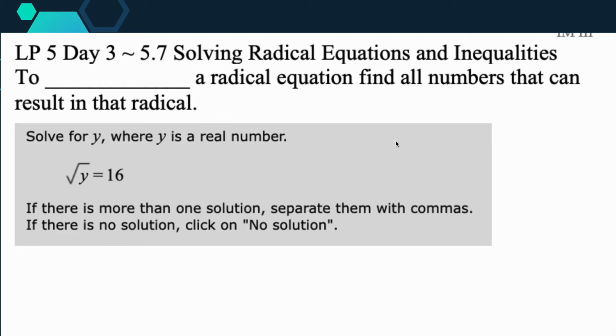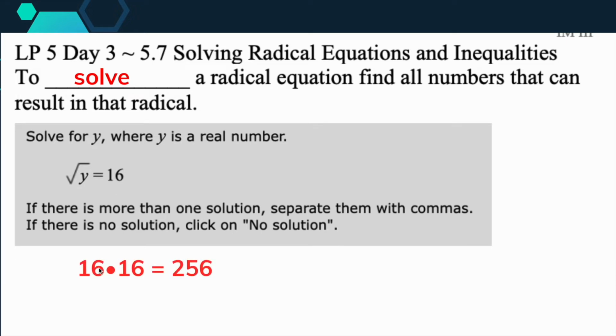Okay, so we're going to solve radical equations. And to solve a radical equation, we're going to find all the numbers that can result in that radical. So a really easy way to do this, when it says solve for y, where y is a real number, and it's giving you the square root of a variable equals a number, is to take that number and square